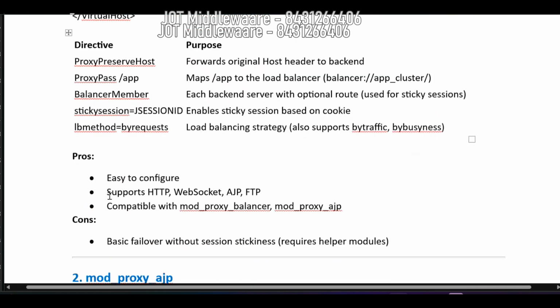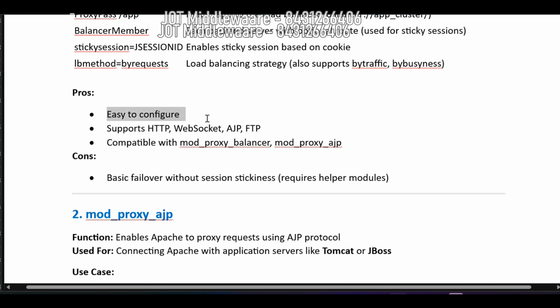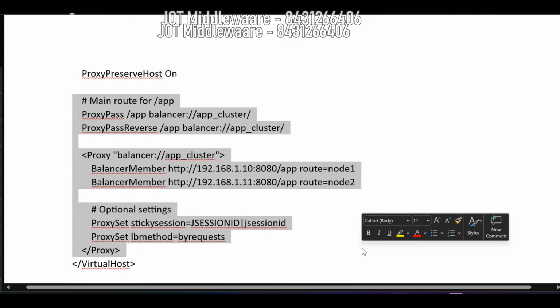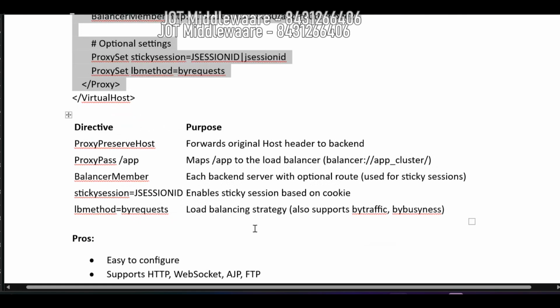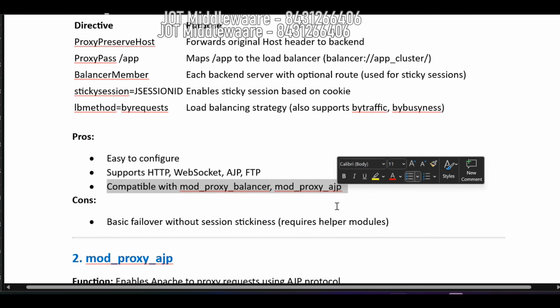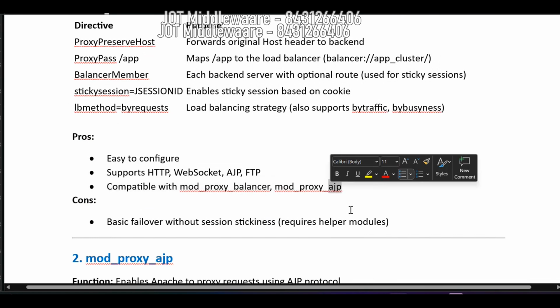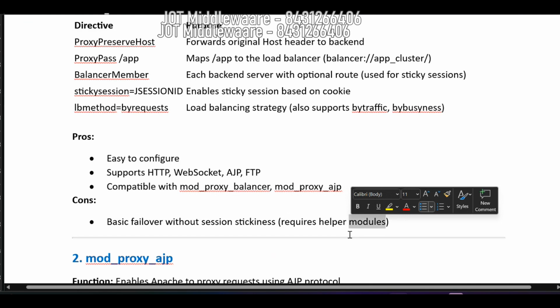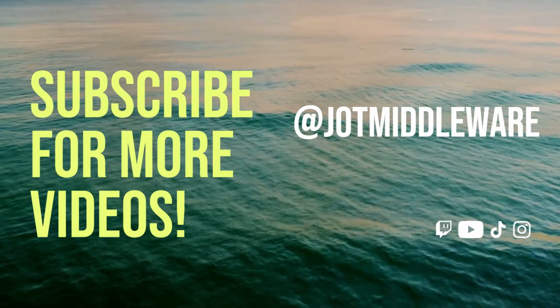So what are the pros? Easy to configure. This is the configuration, very simple. A simple general purpose module that supports all these protocols, compatible with mod_proxy_balancer and mod_proxy_ajp. So AJP, you can also configure AJP. Cons: basic failover without session stickiness requires helper modules. So if you want to